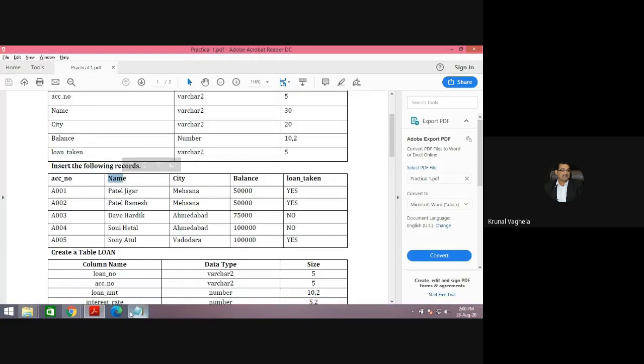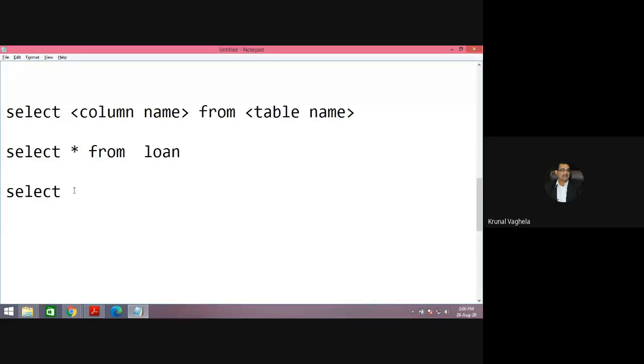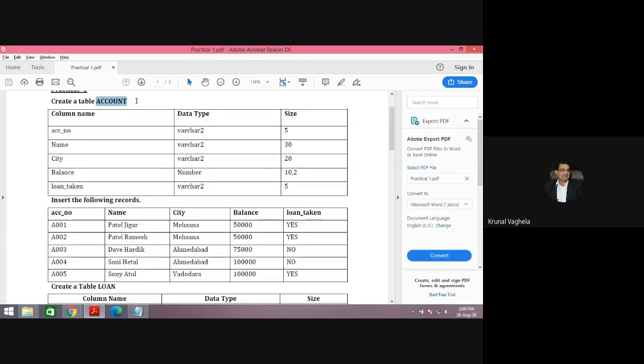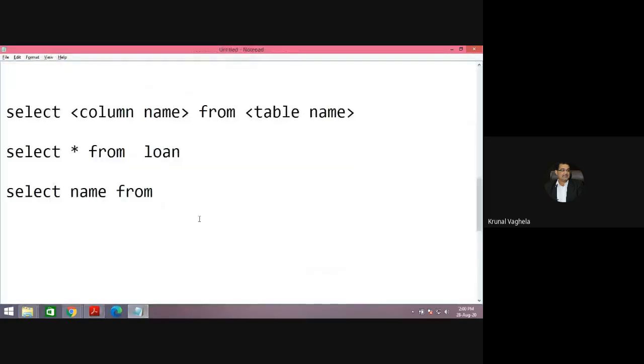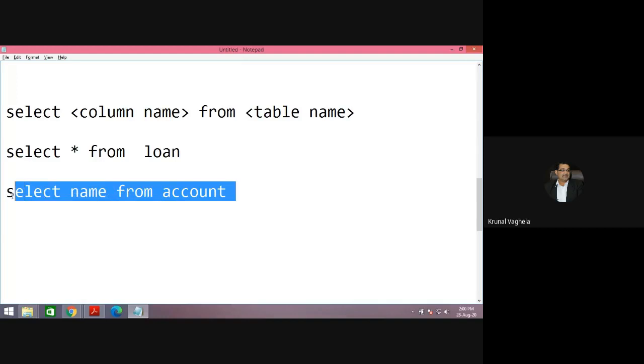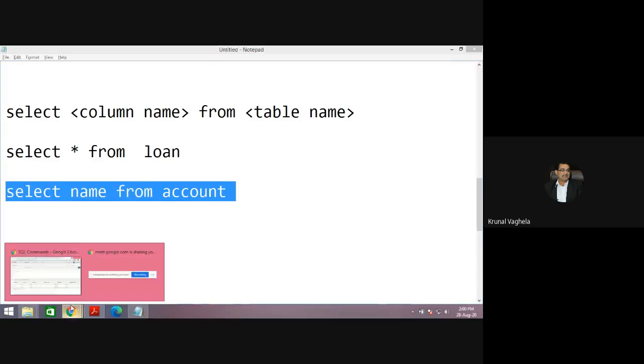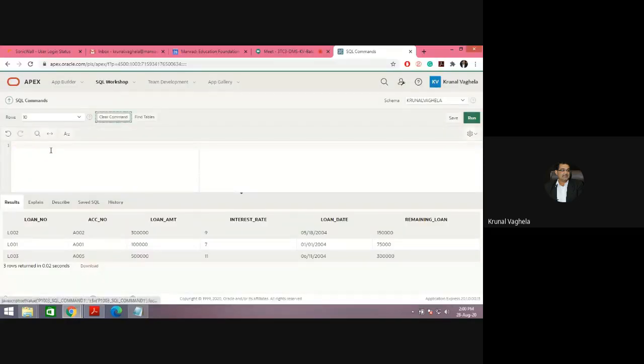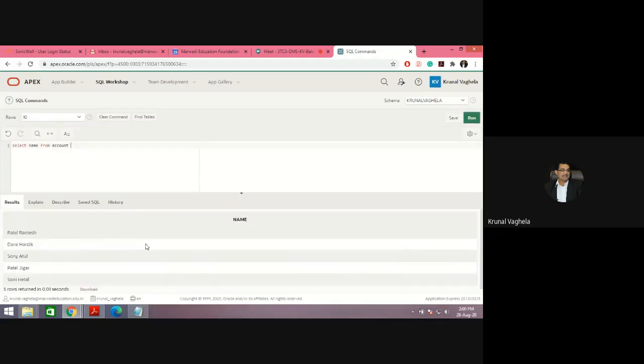Name. Then select name from, what is the name of the table? Account. So select name from account. Let me copy this. Clear. Control V. Now you can see the output. Only names are displayed.